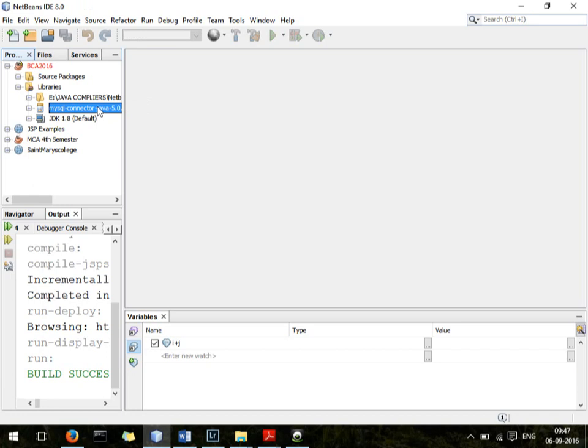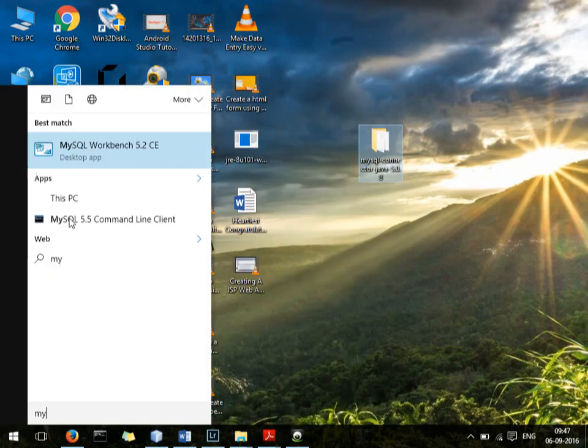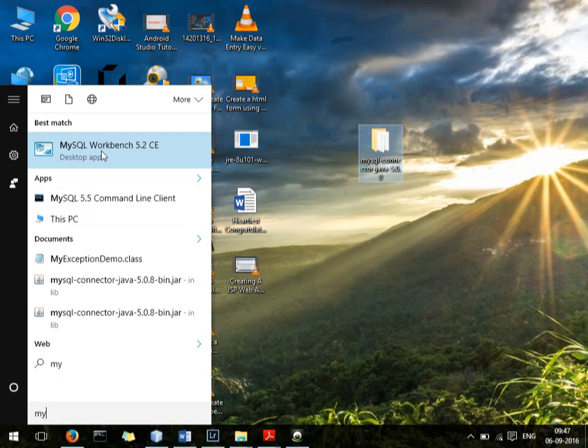Alright. What I did is that I have already got a table. I will just show you the structure of this one. Do you know what this is? This is MySQL Workbench. You may be used to typing select star and all those things in SQL commands, isn't it? So you can do that way also.